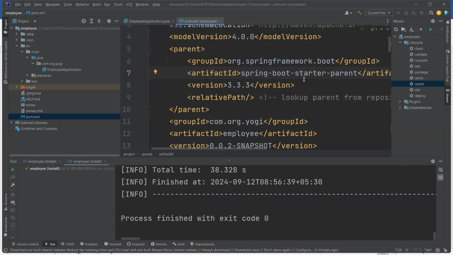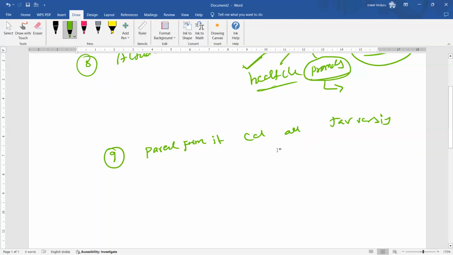Once completed downloading, clicking on this is a parent. This parent pom contains all the versions. That means, like, Spring Boot versions and all will be there, and the remaining all versions will be there in that one. Okay. Now that is the ninth advantage. Next advantage is